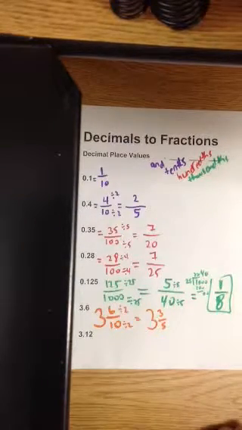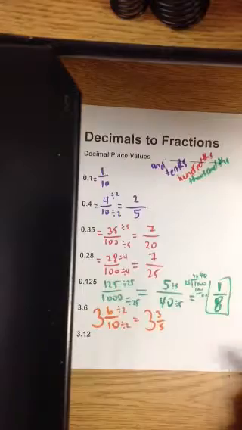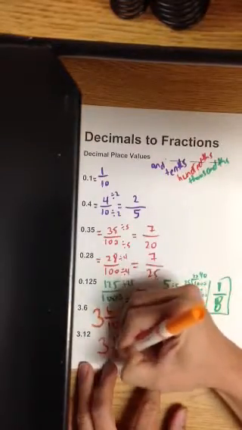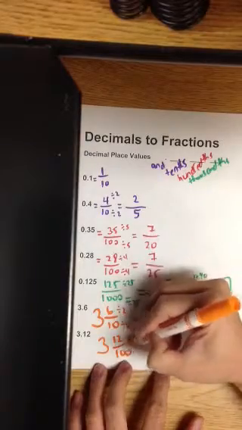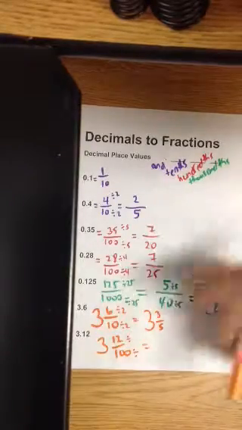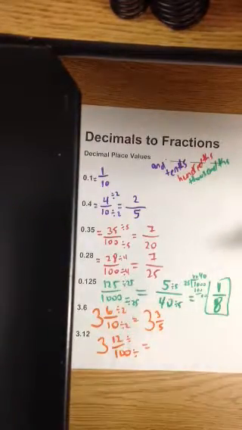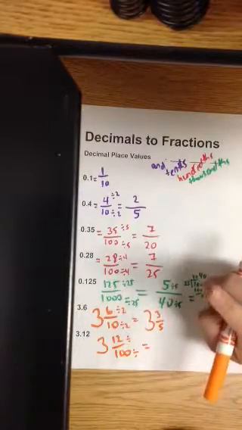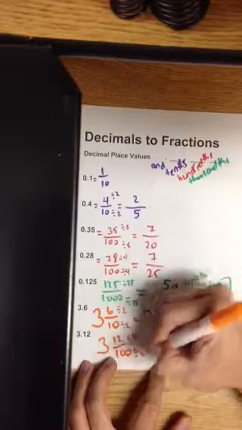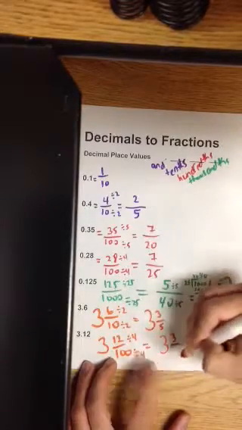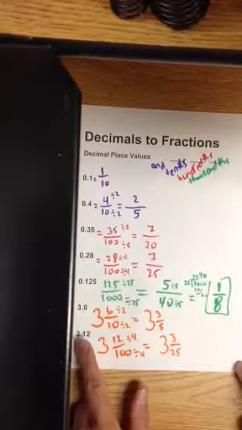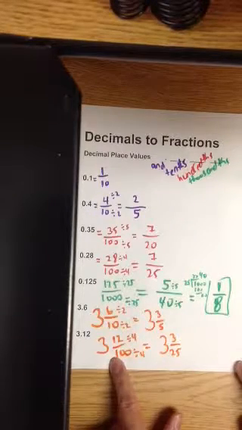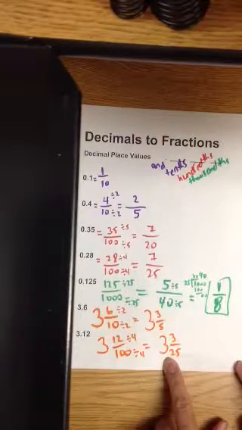Our last example is this one. 3 and 12 hundredths. I wonder if we could simplify this. Which is the greatest factor that goes into 12 and 100? 2? You know what? Let's try 4. It goes in 3 times. 100 divided by 4 is 25. So 3 and 12/100 is equivalent to 3 and